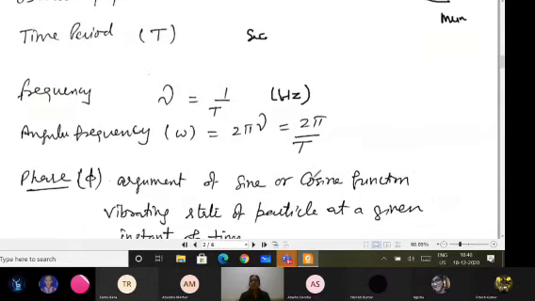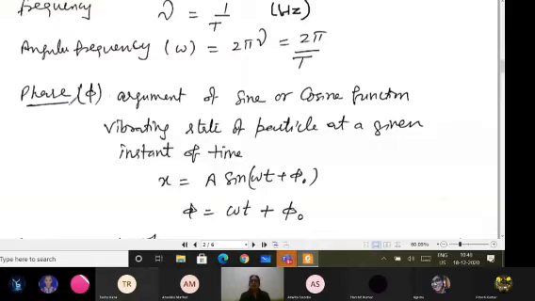The new term with you is phase. This you have to learn, the term phase, denoted by phi, which simply tells you about the vibrating state of a particle. If I take a mass suspended with a spring, I make it oscillate up and down. Or I take the bob and make it oscillate about the mean position along the x-axis. Similarly, a horizontal spring can be made to oscillate along the x-axis. So what is the vibrating state of a particle at any instant of time?